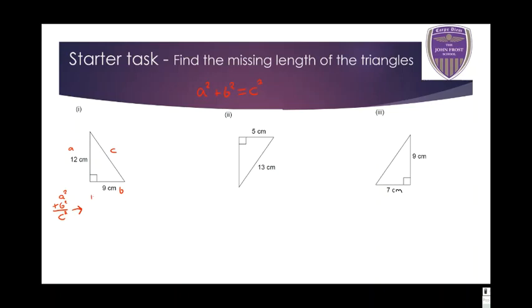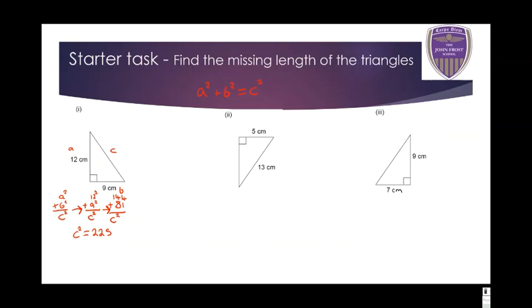We had a was 12, so 12 squared, plus b was 9, so 9 squared, is equal to c squared. You can use a calculator for this, and if you don't have one, that's fine. 12 squared is 144, and 9 squared is 81, and that has to be equal to c squared. If you add up 144 and 81, you should have found that c squared is equal to